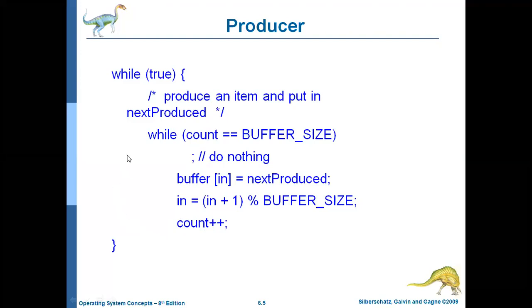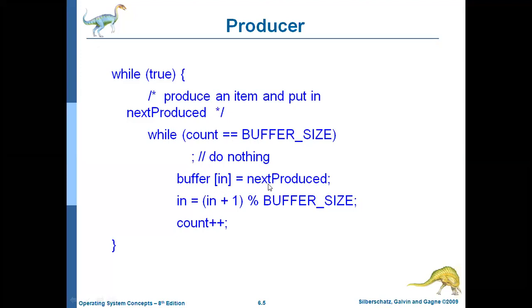Okay, we need to repeat next time. Why? Because while of true means always true. Always you need to enter into the loop. So now what is the while of count equal to buffer size? What is the count value now? The count value is 1. So 1 equal to 5. Condition fail. Again you need to go buffer of in. Buffer of in means 1. Earlier it was 0. At the end of the first iteration, we incremented the value of in to 1 and count to 1. So now the value of in is 1.